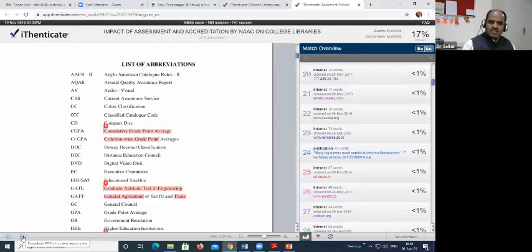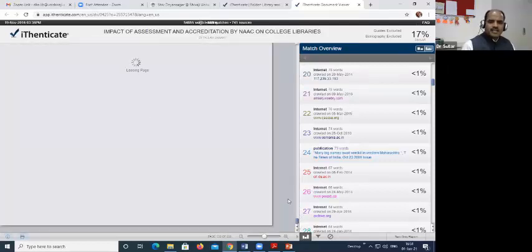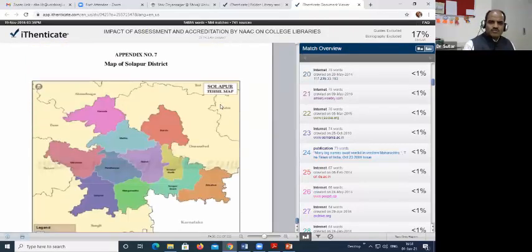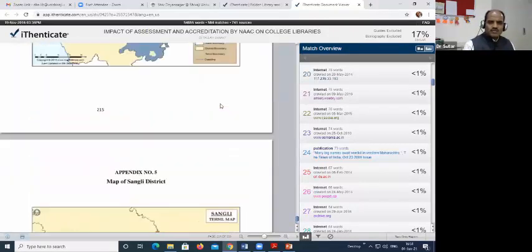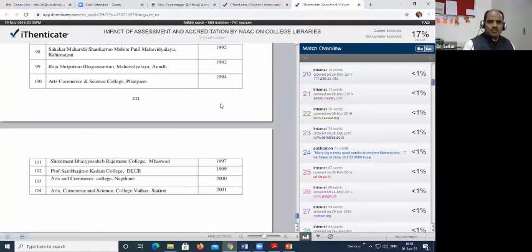So if I will click on this, whatever the thesis that has been displayed here will be downloaded as it is with the color code, and at the last page it will be displayed like from which source, how much material has been borrowed by you, and in what way. So that can come in the report of the thesis.